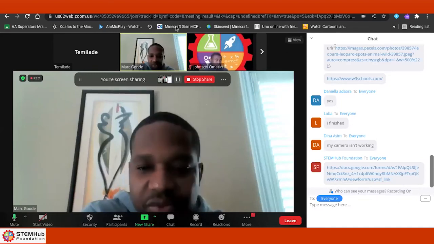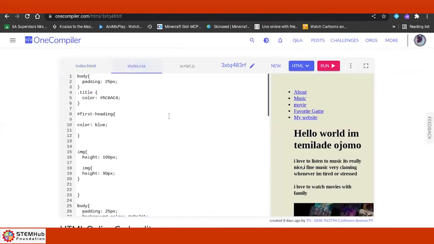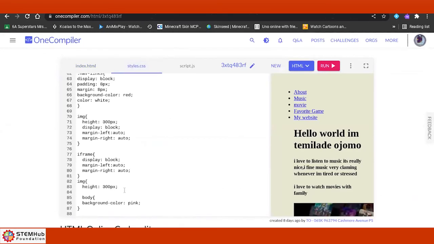The color you wanted, gray? No, I didn't really look at that. What color did you want the background? Purple.